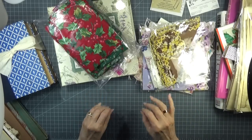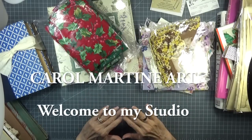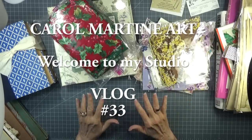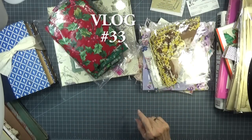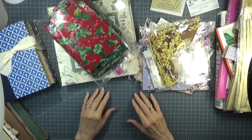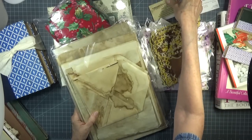I have been very lucky lately mall diving. Sometimes they are just not worth the trip, but the last few spots that I've hit are just full of little goodies, all for junk journaling. Before I get to the mall diving, I'm going to start with some coffee dyed papers that I got from